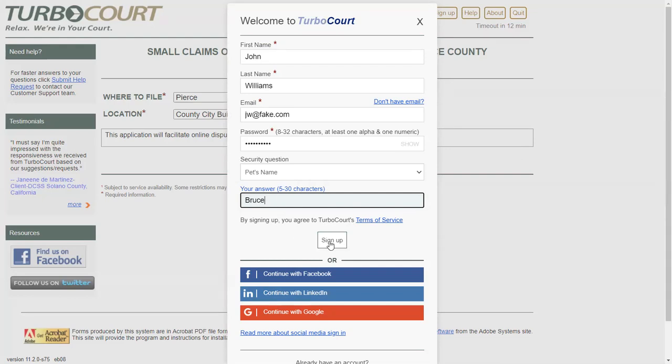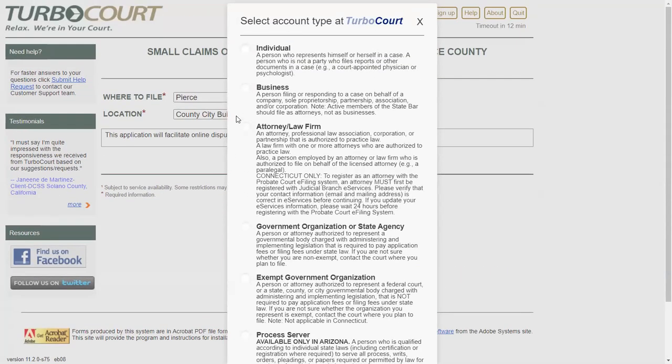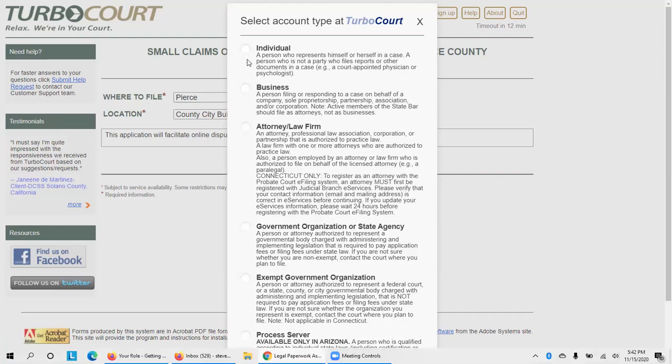And then click Sign Up. Register as either an individual or a business. These are the only options currently available for your location. To complete your TurboCourt registration, you would click Continue.